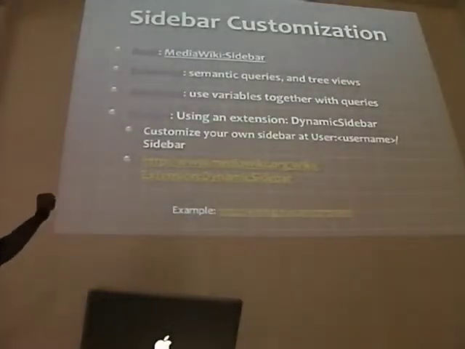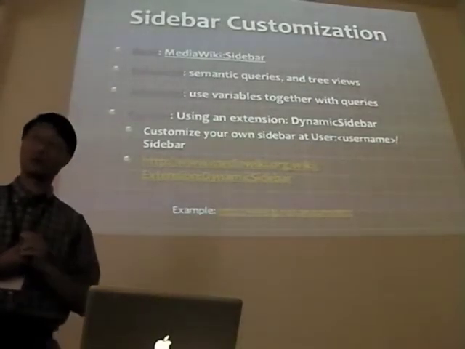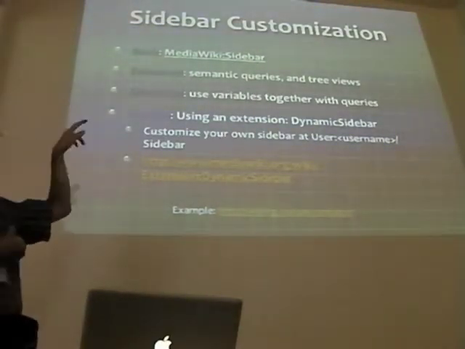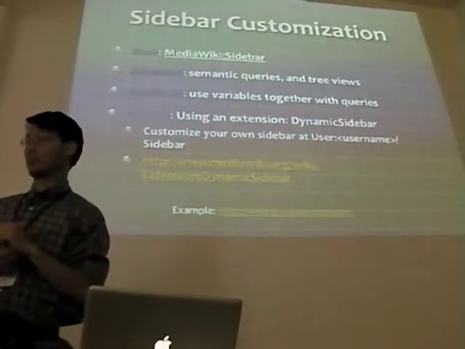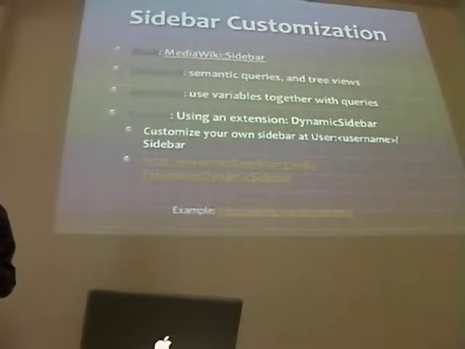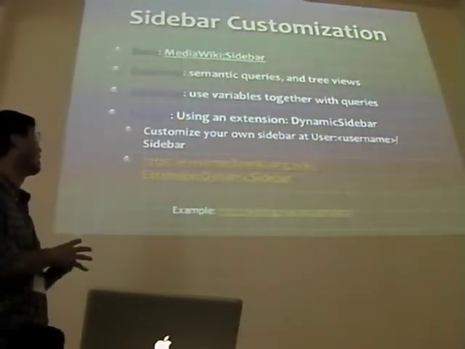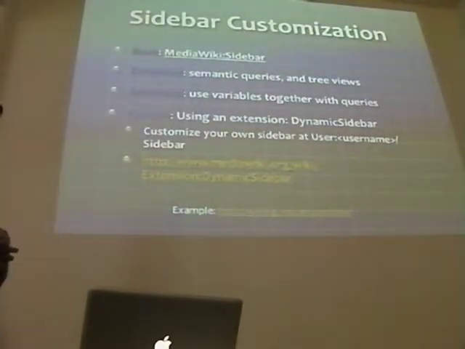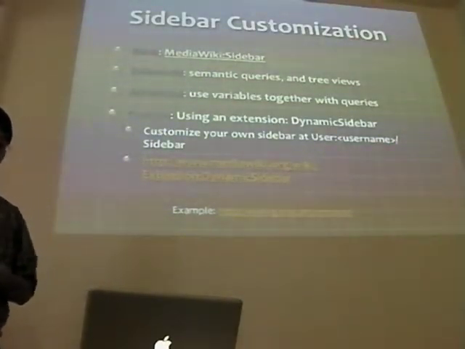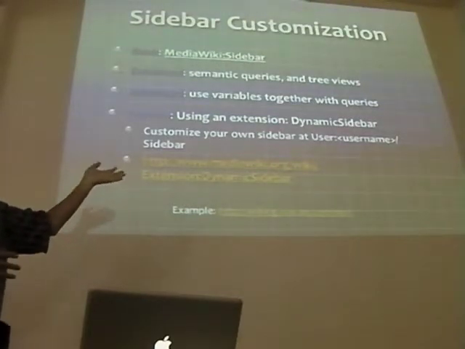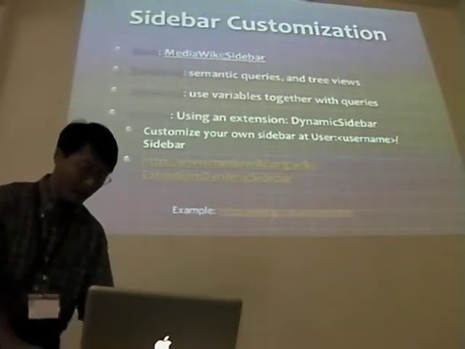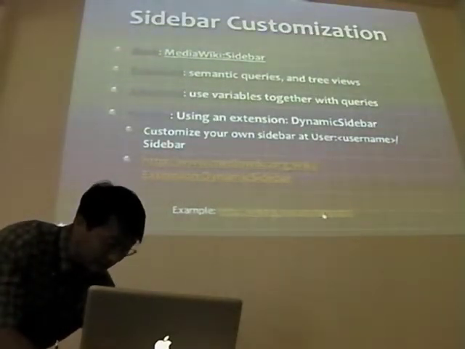Now it goes to sidebars. I think the sidebar is important. You can do basic sidebar customization by adding the page MediaWiki:Sidebar. You put semantic queries there. A little bit more advanced, you can get some query results. Even more advanced, you can add a variable there, like a magic word, something like that, together with the queries. And if you're a developer, or a system admin, and you really want your custom sidebar, you can use the Dynamic Sidebar extensions. So check them out. And in our dev wiki,